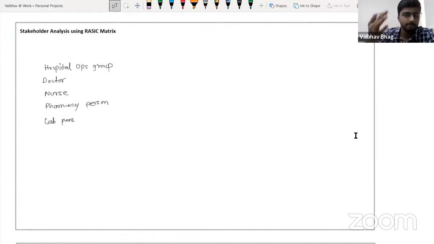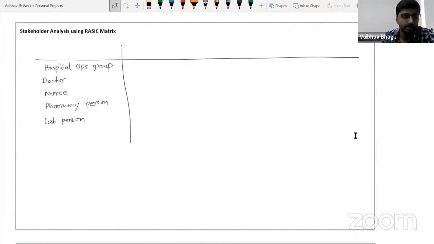Let's say for example, these are the 5 stakeholders which were involved in the patient's journey. So what we can do is do a basic analysis using a RASIC matrix. So what a RASIC matrix basically is,